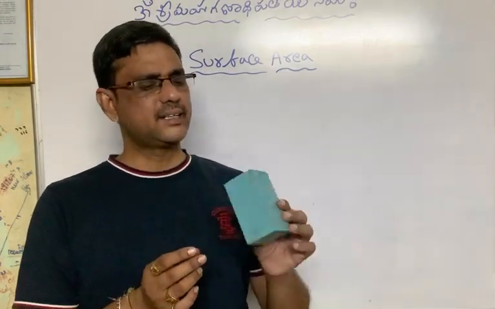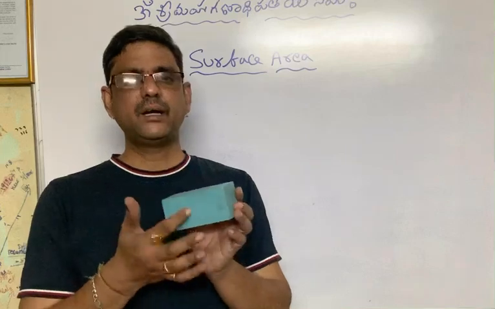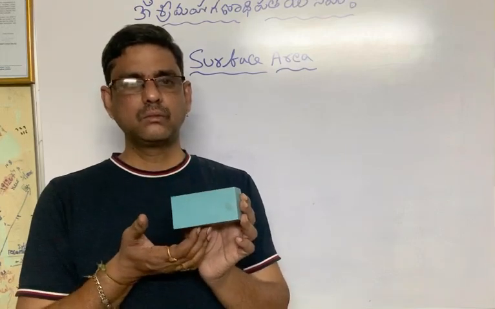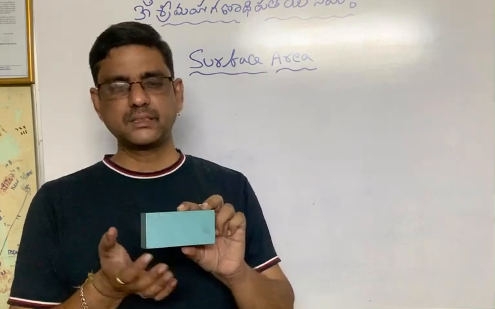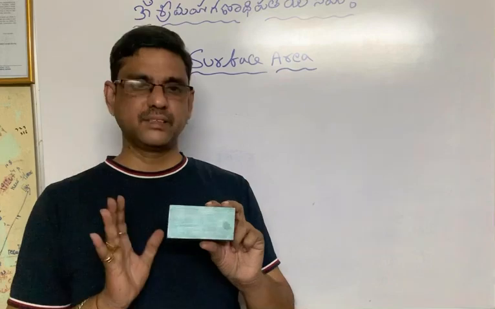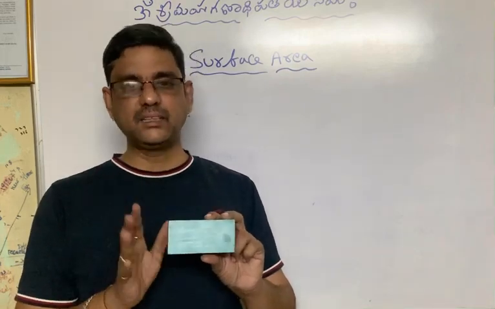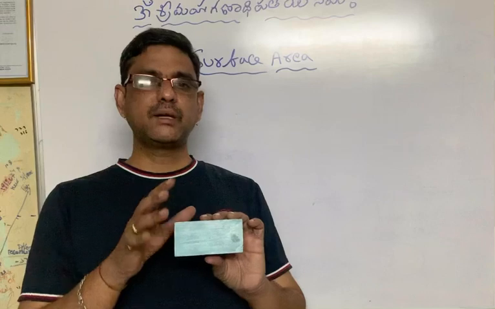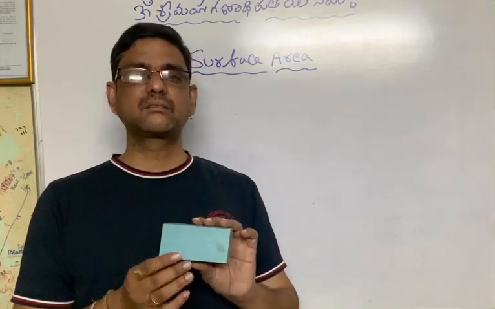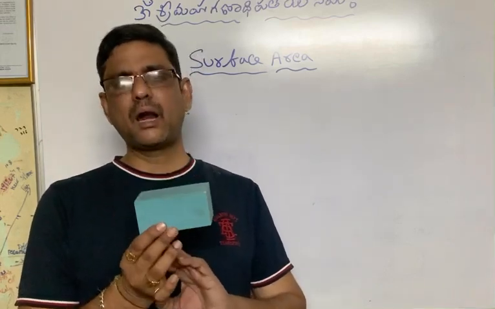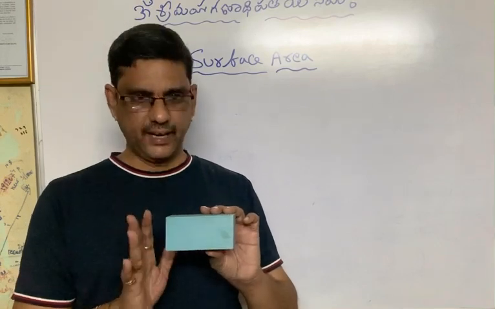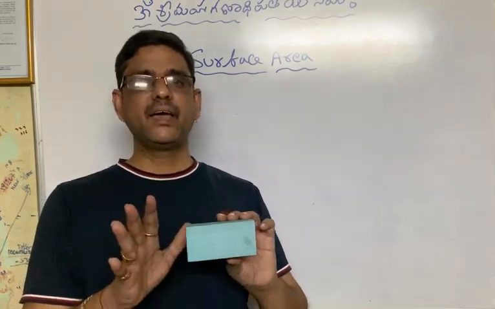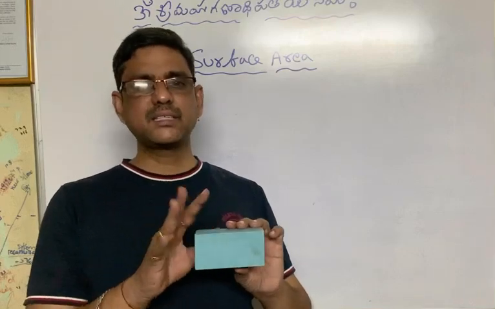See here, it has 6 faces: front, back, top, bottom, and 2 side faces. Front, back, 2 faces; top, bottom, 2 faces; and side faces, 2. Total 6 faces, and all 6 faces are rectangles. So if all the 6 faces of an object are rectangles, it is called a cuboid, a rectangular parallelepiped, generally called a cuboid. Its surface area is nothing but the area of all the 6 faces, that means all 6 rectangles.